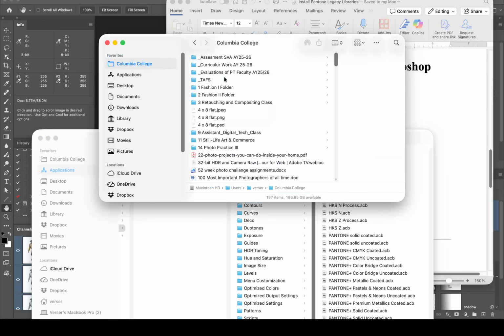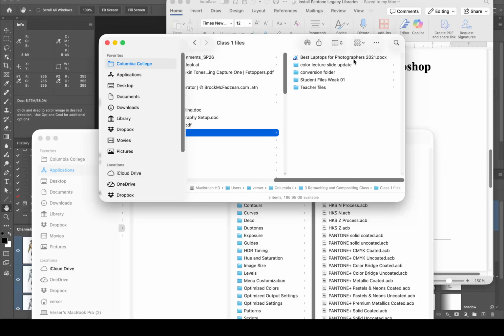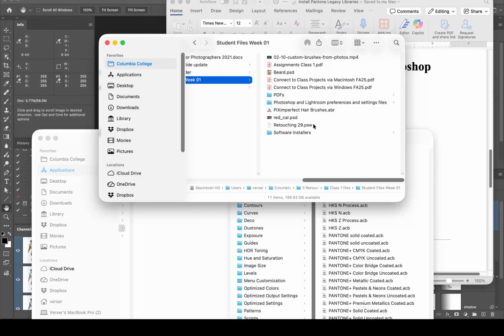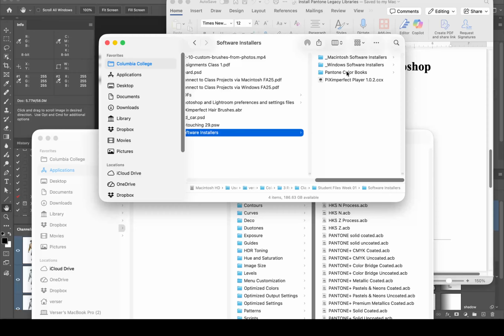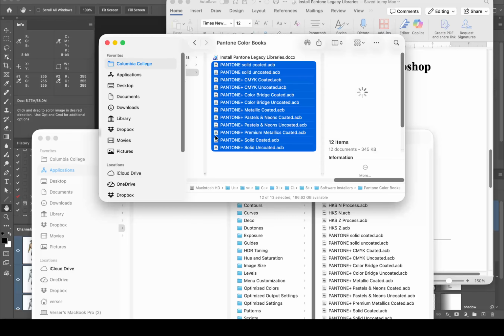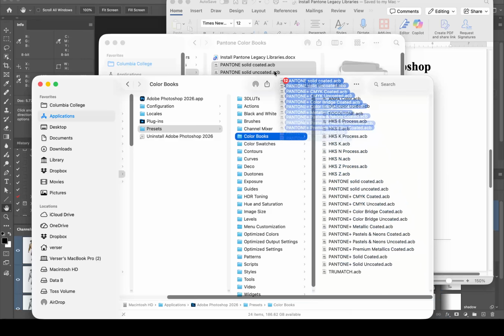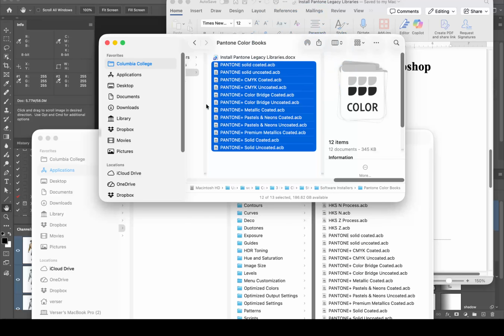So again, in your folder, Class 1, Students, Software, open up the Pantone color books, select them all, and then drag them to this folder. Before you let go, hold down your Option key, and you will get a little plus. What that'll do is make copies of these. Otherwise, you're just going to move them out of there, and you will lose them. So that's where the